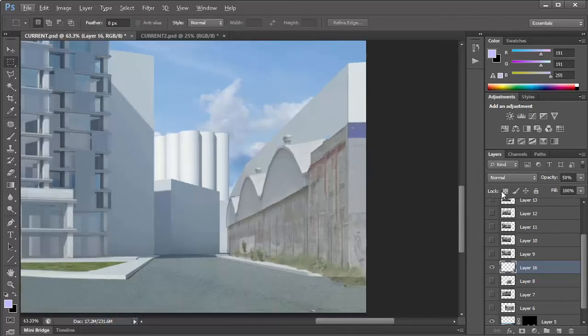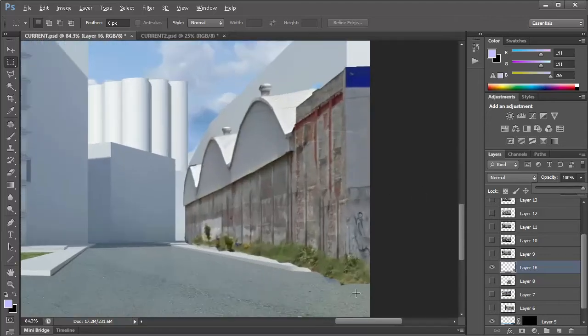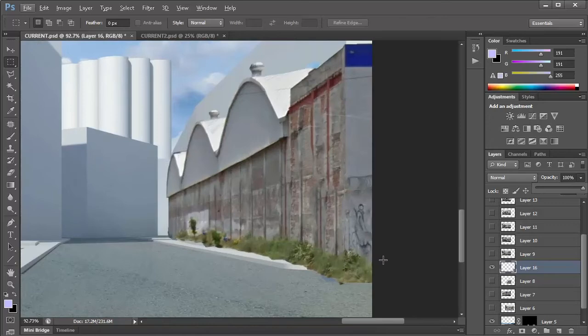Okay, so now, actually we've got one little slice left over there, just delete it. And at the moment, don't worry about blending it. Just make sure that it fits correctly into the scene.